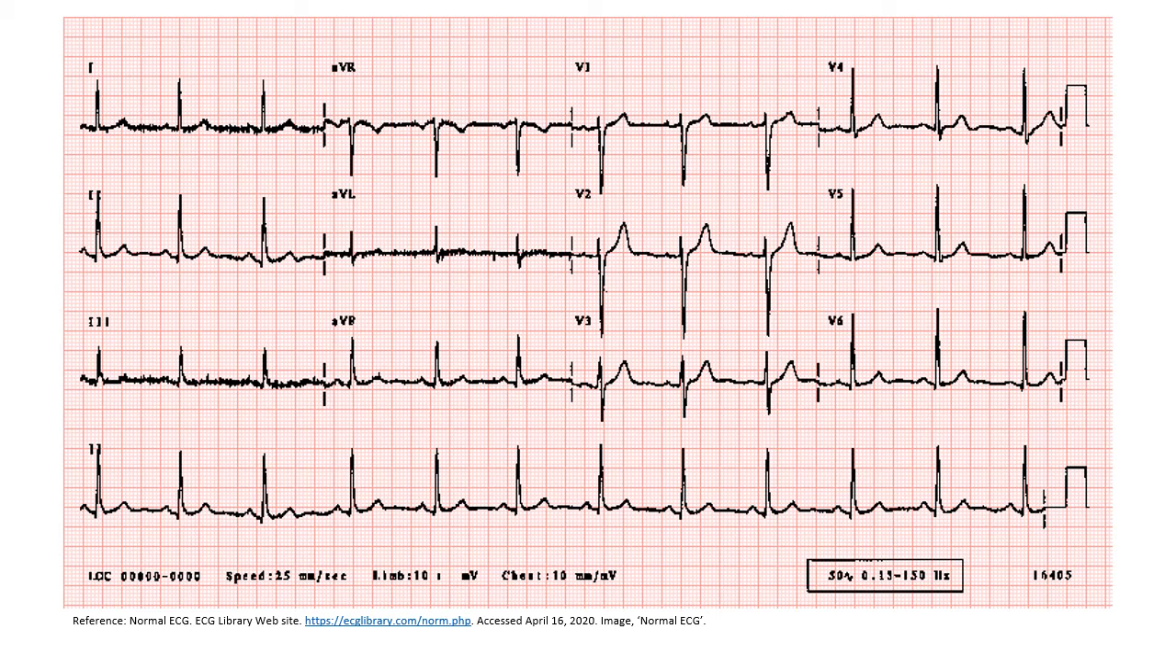Now, after we work out the heart rate, the next thing that we can identify is whether the rhythm of the ECG is a sinus rhythm or not. And that basically means that we look at whether there is a regular presence of a P wave on the ECG. Now, looking at the rhythm strip, which is the bottom strip denoted by lead 2,